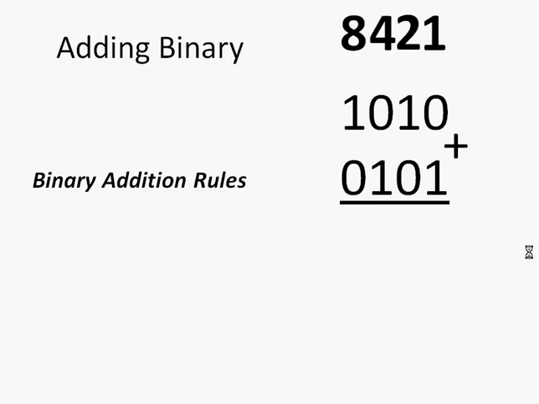What's also useful, if you can remember this for an exam and write it in rough on your exam paper, even better, is to remember some binary addition rules. So we have a column for the digits we're going to add up. We have a column for the sum of the binary digits, and we have a column for any digits we might need to carry across. So our rules are: